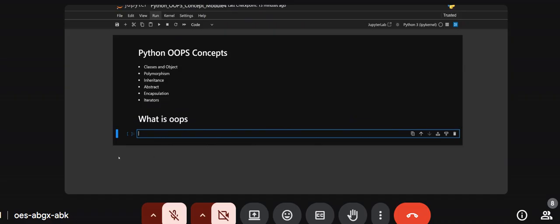I was copying one image from Google, it didn't copy properly. That's okay. Like I said, object-oriented programming is a fundamental concept in Python. What it does is it empowers developers to build. I'll just write it down while we speak. I'm going to write the list. What is OOPS? OOPS stands for object